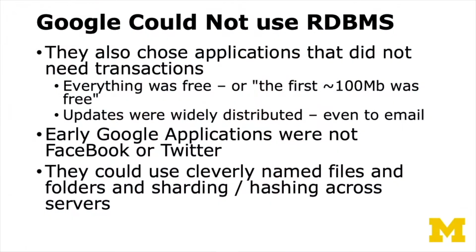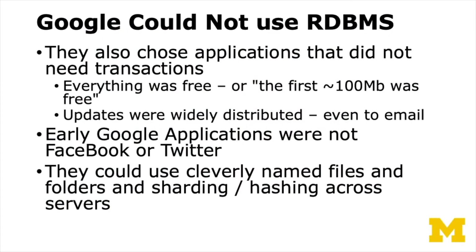And even writing to Gmail was widely distributed, right? I mean, like I said, there's just these little pockets of data. In the early days of Gmail, they would migrate your data to a server that was closer to you. Like if you went back home to Europe on a Christmas break, the data would sort of creep over to servers that are there, and your little island of data would just move around, and then all of a sudden it'd be really fast. So there was this data migration. Your little silo of data might follow you around the world as you traveled.